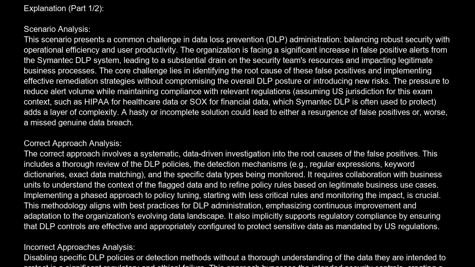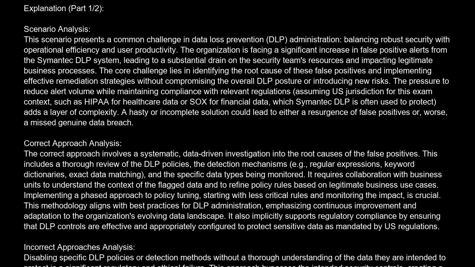The correct answer is B. Conduct a comprehensive review of DLP policies and detection rules, collaborating with business units to understand data context and refine configurations based on legitimate use cases, followed by a phased implementation of adjustments and continuous monitoring. Explanation. Scenario analysis. This scenario presents a common challenge in data loss prevention, DLP, administration, balancing robust security with operational